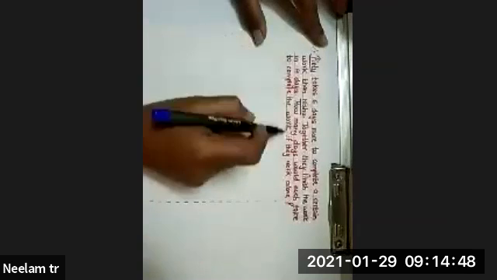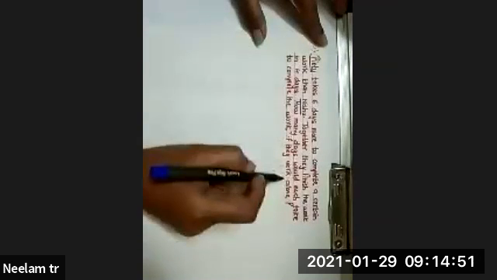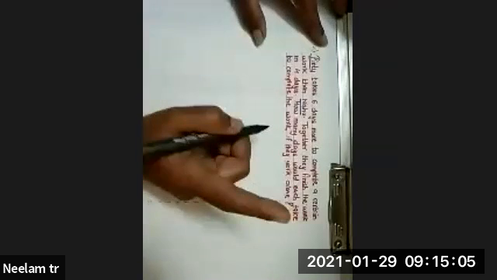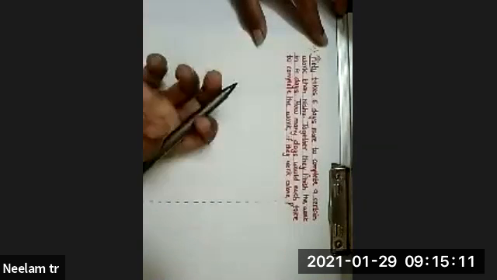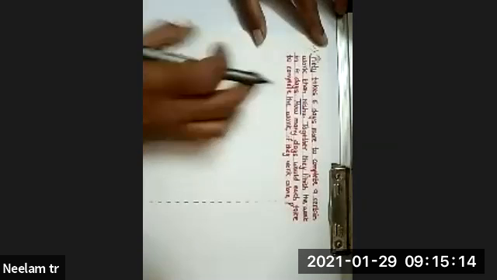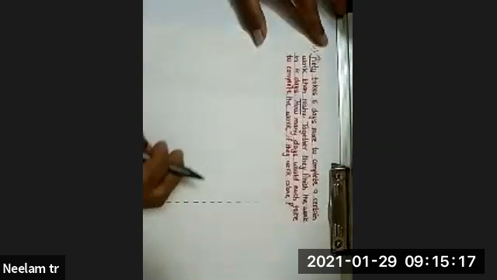Together they finish the work. Means when they work together, together means add करेंगे. Pintu का work as well as Nishu के work को when you add, then the work will be completed in 4 days. How many days will each take to complete the work if they work alone? What is the examiner trying to ask you? See, if they work together, they are going to finish it in 4 days. But if only one person is going to work alone, how many days will they take to complete that? This is the question he is asking.